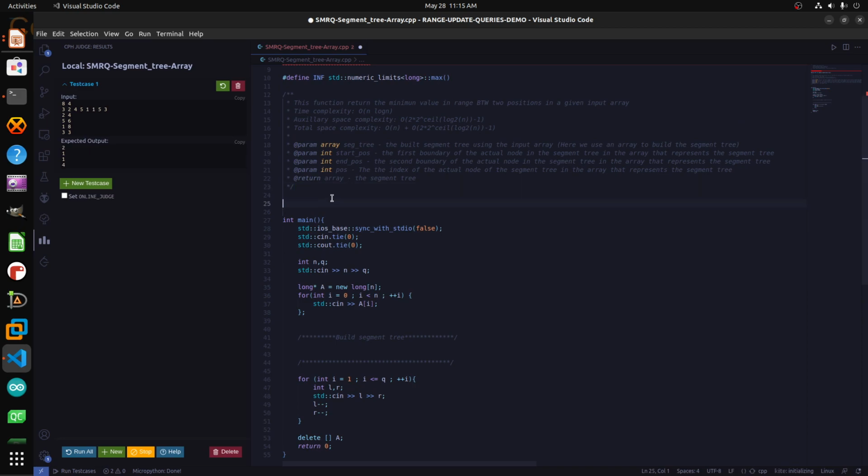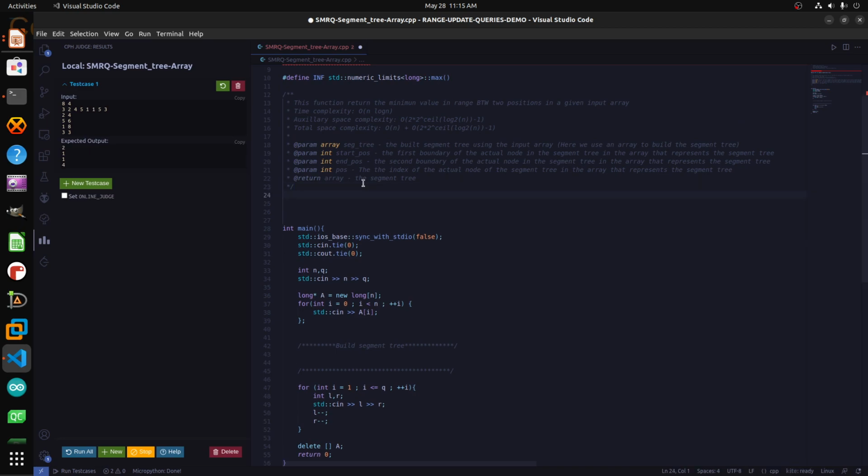Let's code the function. Let's call it build segment tree, or build for short. It will take the original array here,